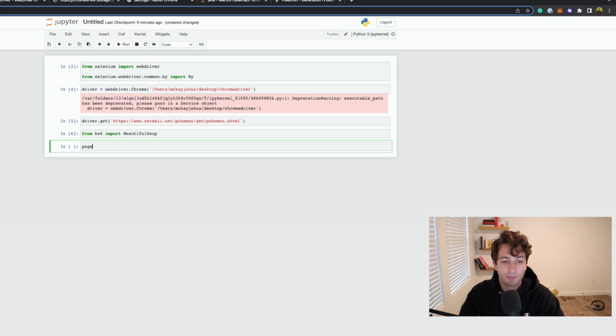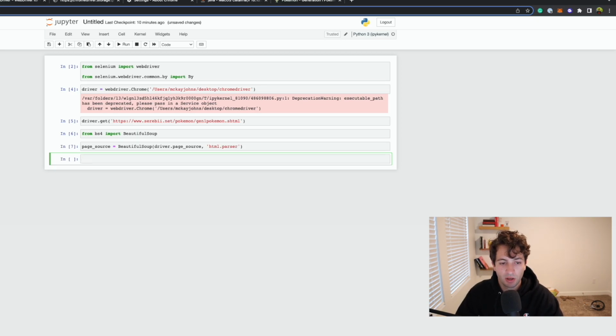So we'll say page source equals BeautifulSoup, driver.page_source. And then we want to use an HTML parser since we're parsing HTML. So we do html.parser as the second argument. So now we have our page source. This is a Beautiful Soup object. If you have any questions about what Beautiful Soup is, you can read the documentation on it, or you can watch my other video that I published before this one on some more basic intro to web scraping